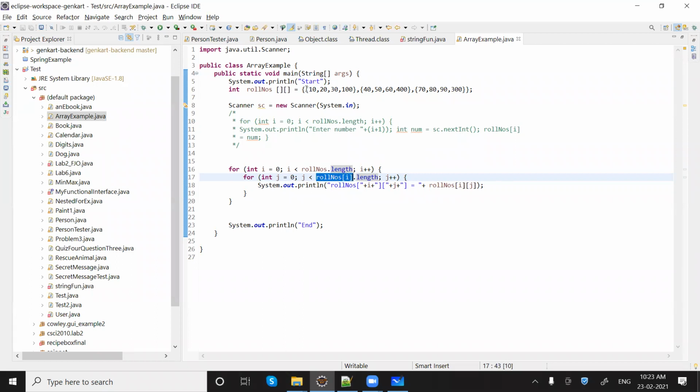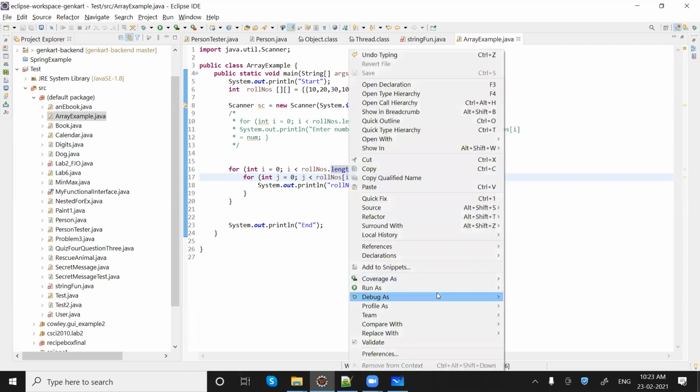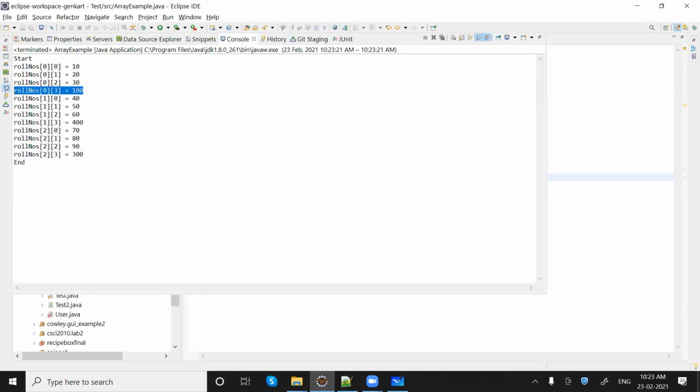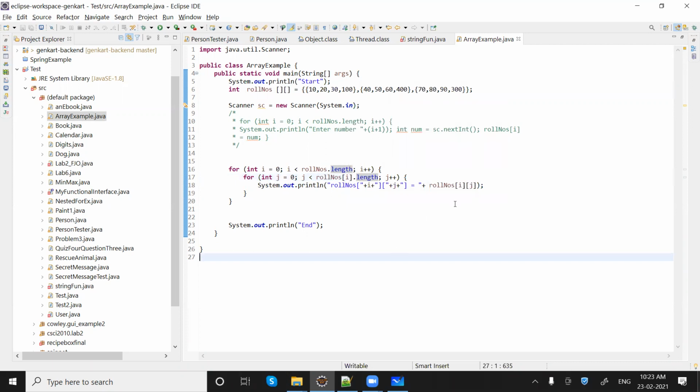I mean this array, the sub array, basically what is the length of this? Go till this length. Getting my point? So now you can see we are getting the fourth number as well. Make sense? Let me know in case you have any doubt. Okay, great.